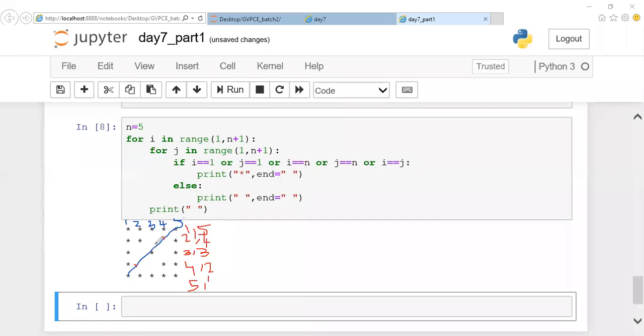So now let me know the condition for this diagonal. If you're clear with this one, you can deal with the matrix. What is the condition for it? Let us begin to reason. I'm writing these values, guys.